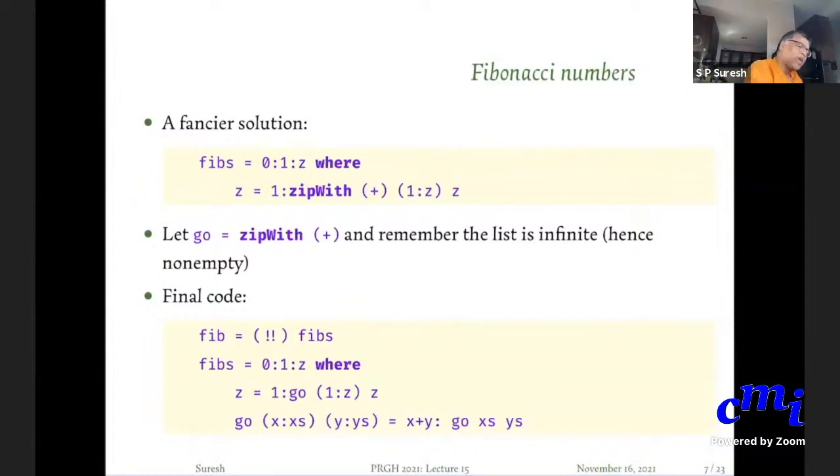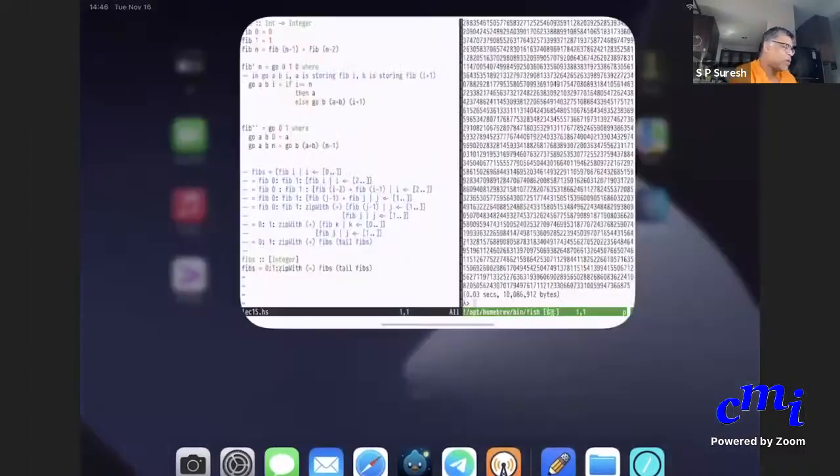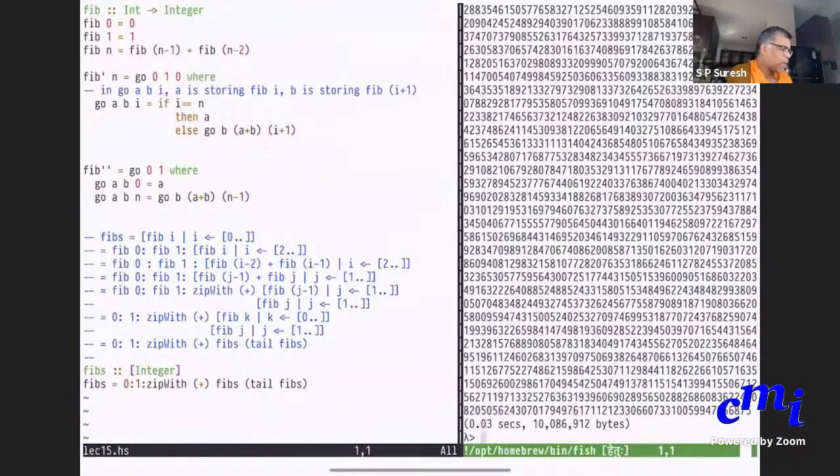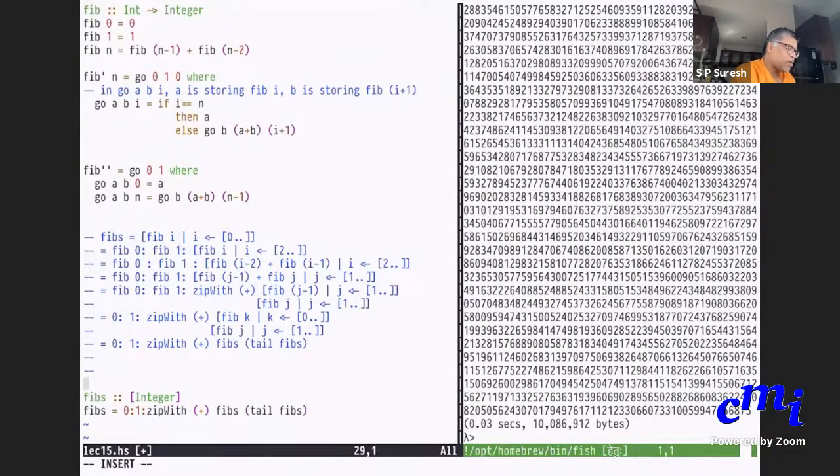Then we'll come back here and show you what exactly happens when this thing is evaluated. Okay, so we are here. What I'll do is say that I'll call this fib triple prime.